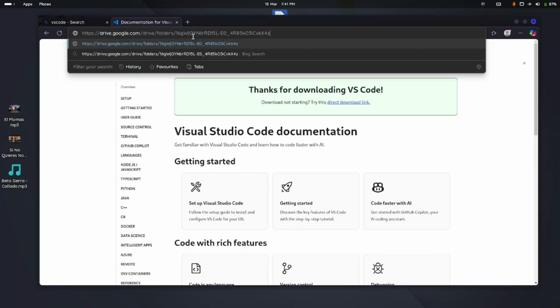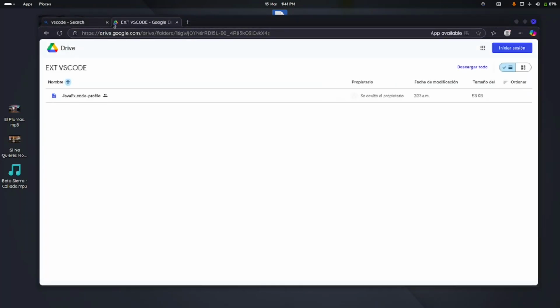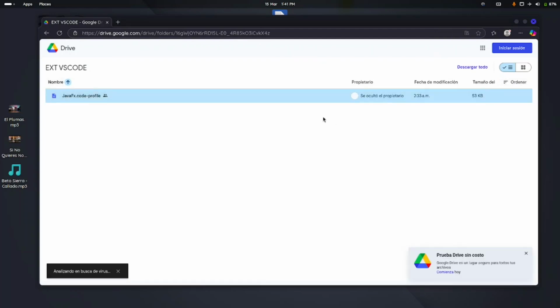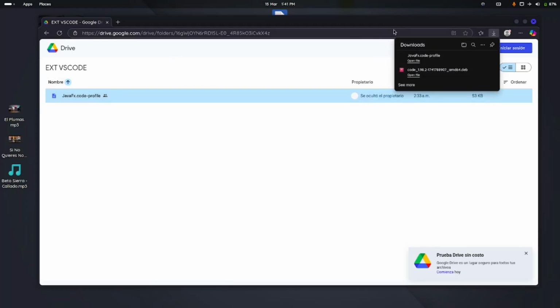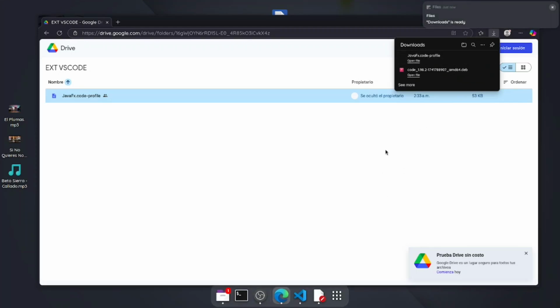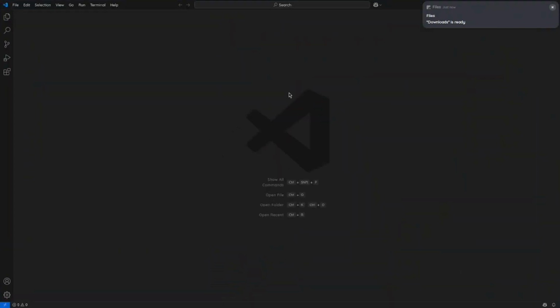The first one is for a JSON file which contains all the extensions needed to program in JavaFX. So when you download the file,